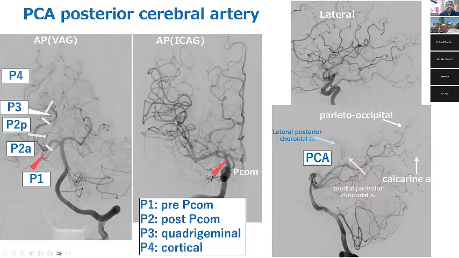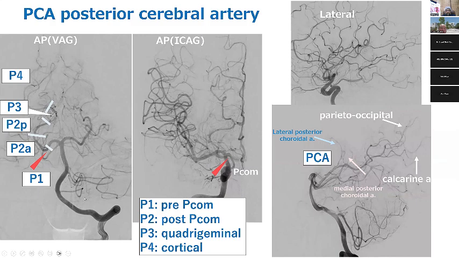I'll talk about the posterior cerebral artery anatomy. This is the PCA, and the PCA supplies mainly the occipital lobe and parts of the temporal lobe. The PCA is divided into four segments, P1 through P4. P1 is defined as the segment from the top of the basilar artery to the junction of the posterior communicating artery and PCA here, the red triangle here. And P2 refers to the portion of